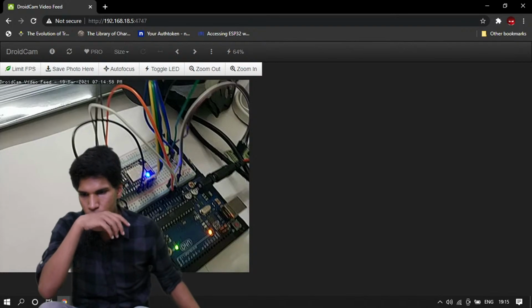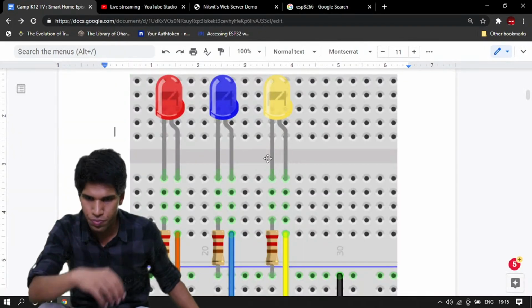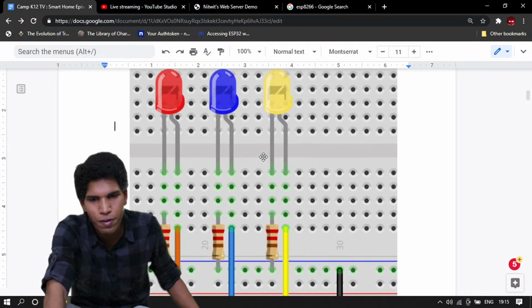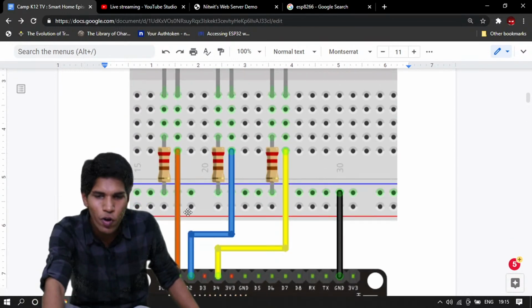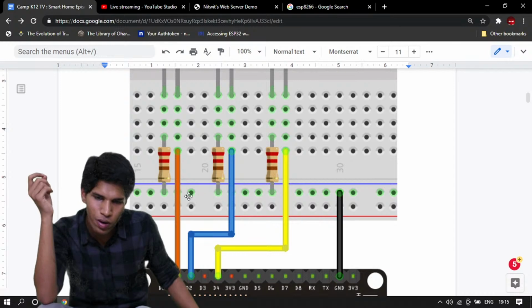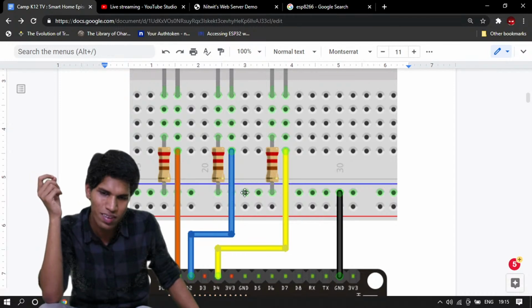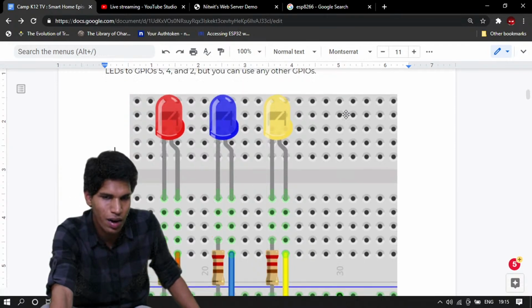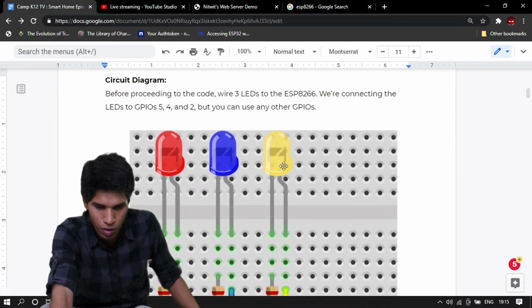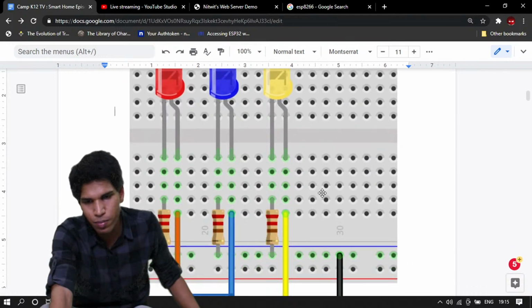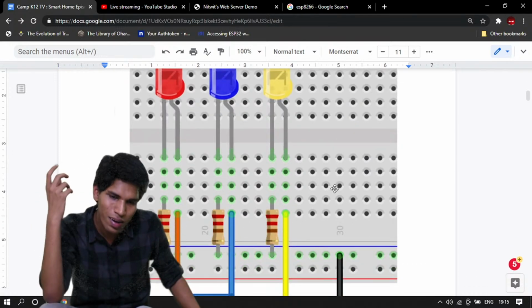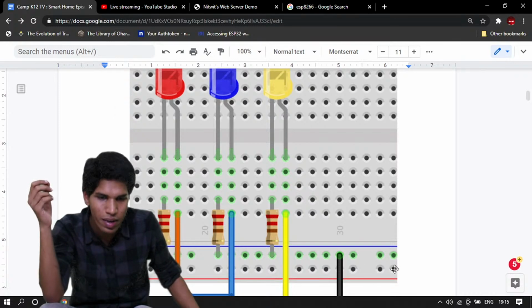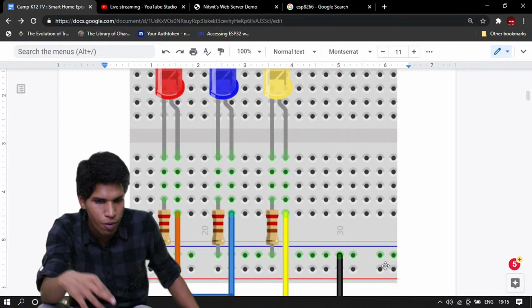Whenever you get a breadboard, you will notice that on the edges there are two lines, red and blue, and then your breadboard has some other holes inside the board. These red and blue lines are connected vertically from behind.